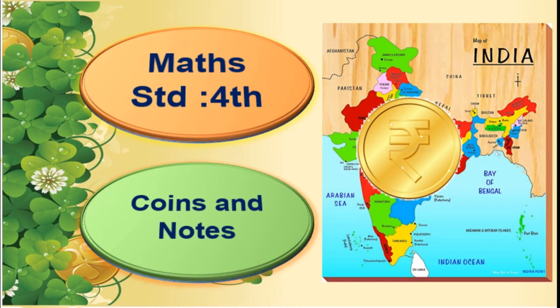Okay? And our Indian rupee is subdivided into 100 paise. Right? And here Indian rupee we can see in two forms, that is in metal coins and paper notes. Right? We will go through them and then we will study how to count the money and how to get the change for the bigger amount.